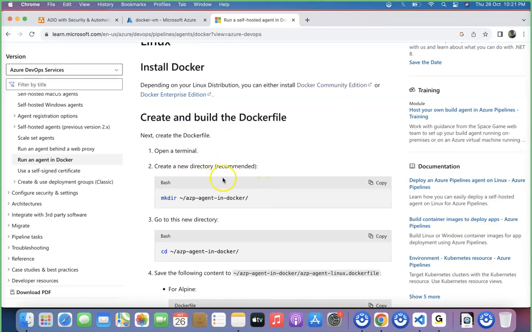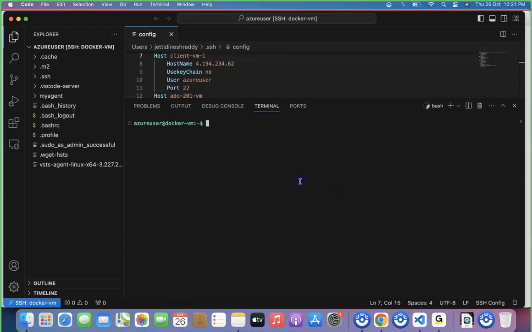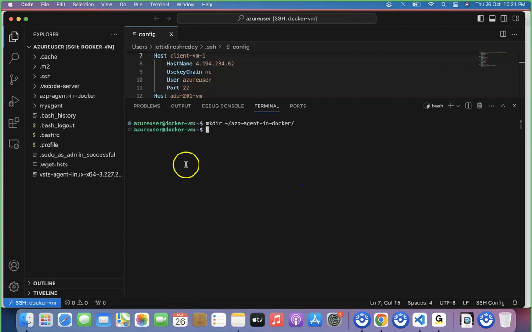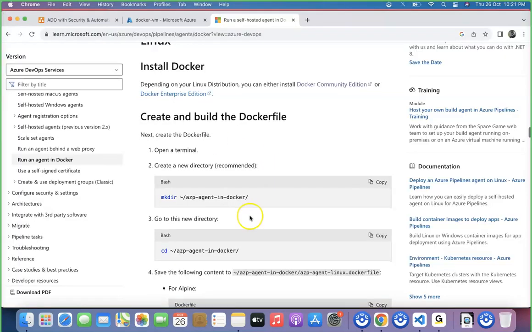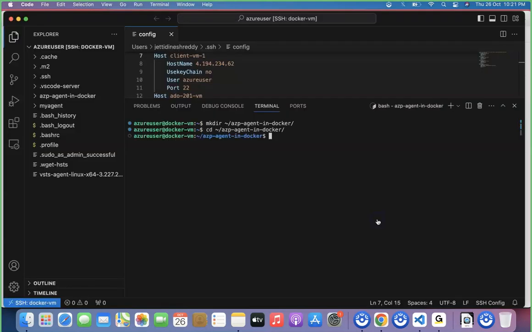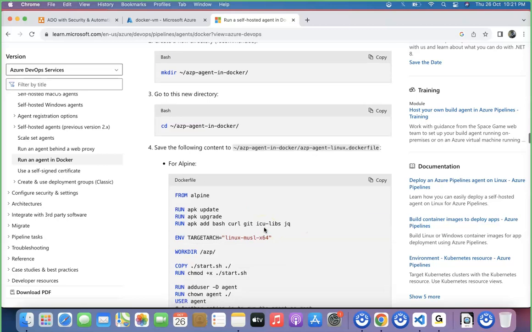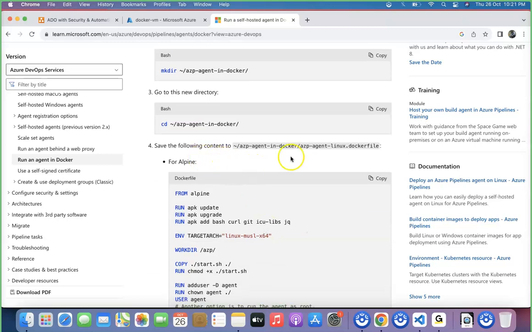To do that, open the terminal and create a directory called azp-agent-in-docker. Copy this and go there. That means you created the azp-agent-in-docker directory. Once you created that, they are telling you to cd to that directory, change directory to that. Then they are talking about saving the following content to this particular